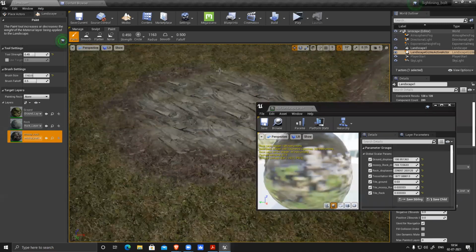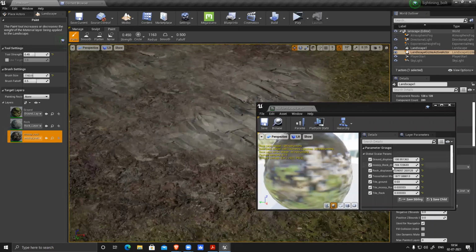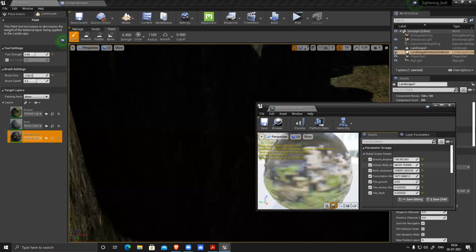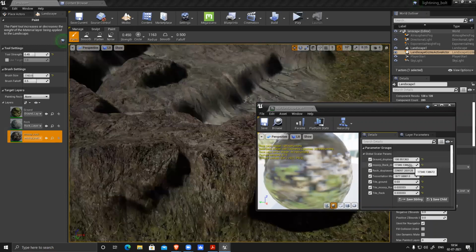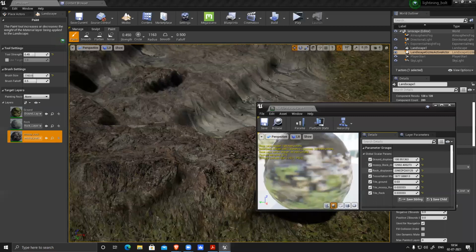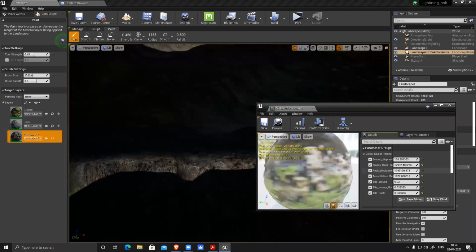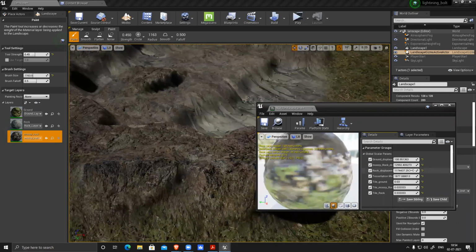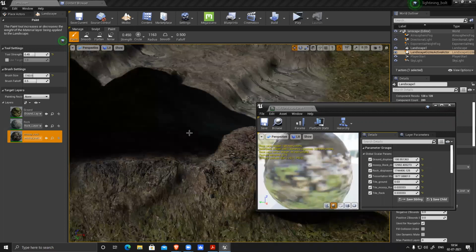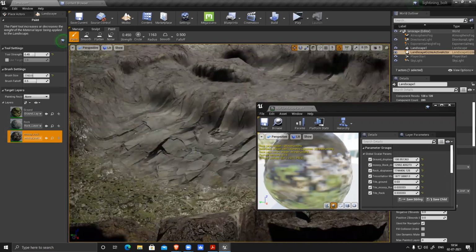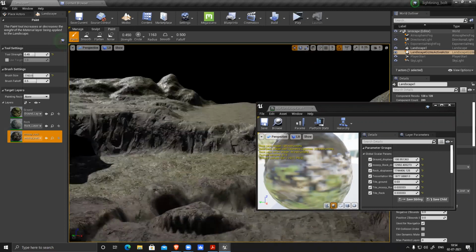You can see the surface also changing. You can see it's creating all these displacements everywhere.